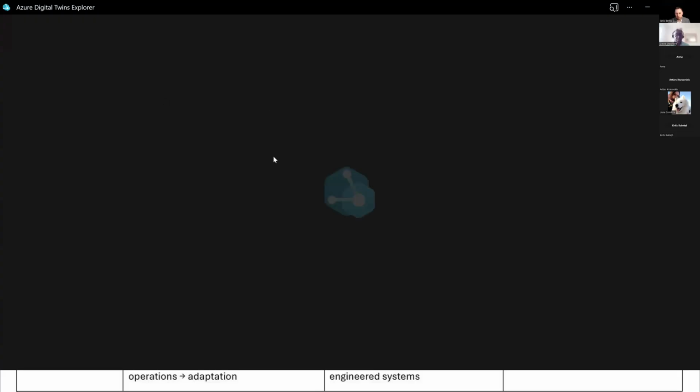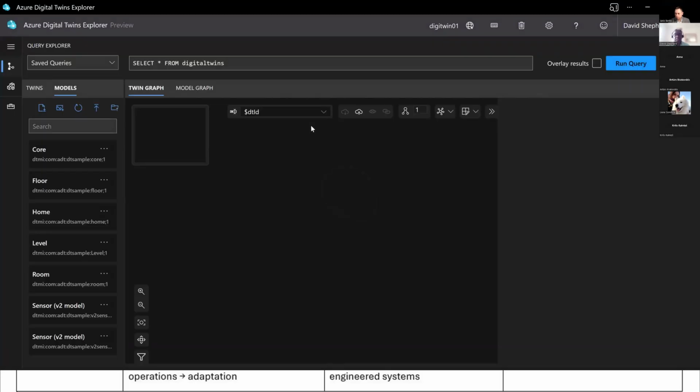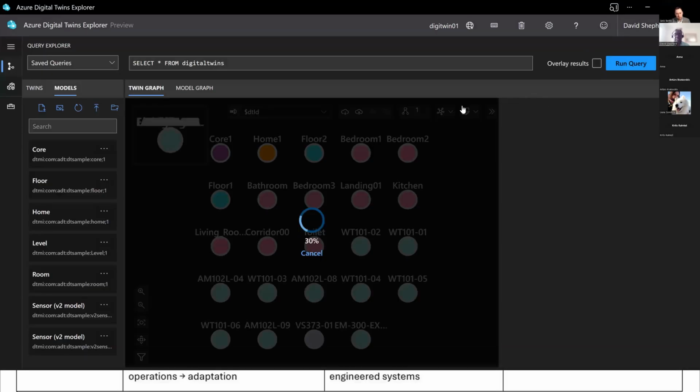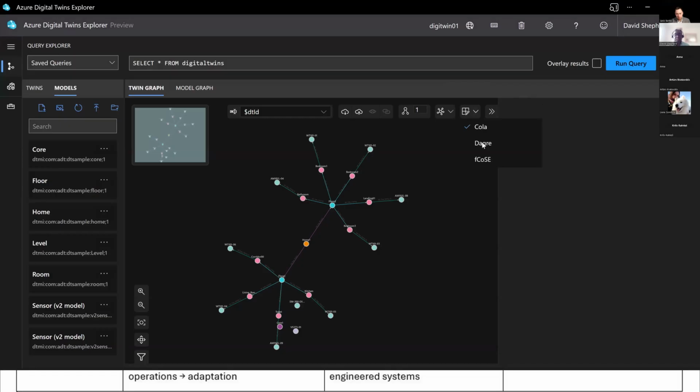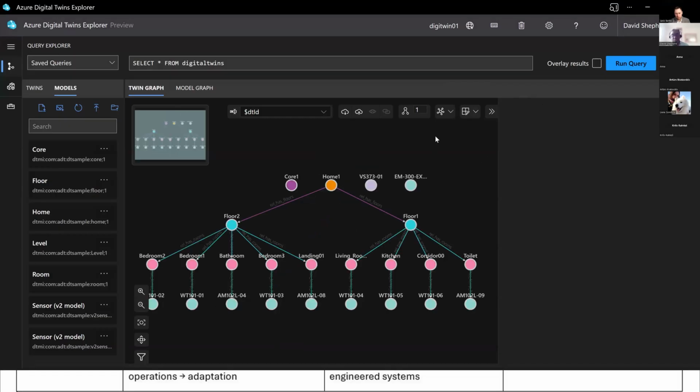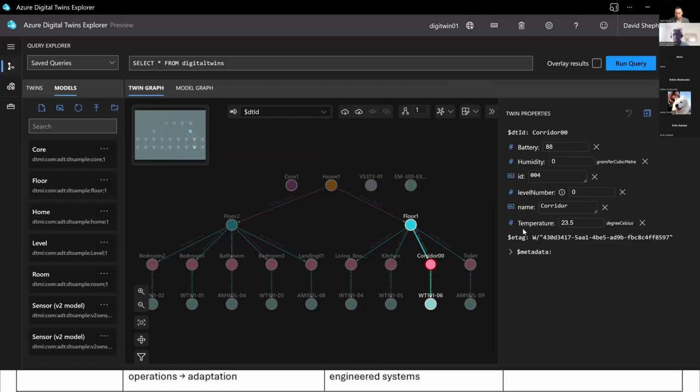This is just logging into the twin. And I'm just going to do a very quick query because I was talking about the data structure, and this is quite important. So this is essentially probably the best way to look at this. So I've got my home, I've got the floors identified there. And as you can see, in each one of these, there's a room. On each floor, there are different rooms. And if I click on this one, for instance, you can see the temperature and the metadata that's associated with that.